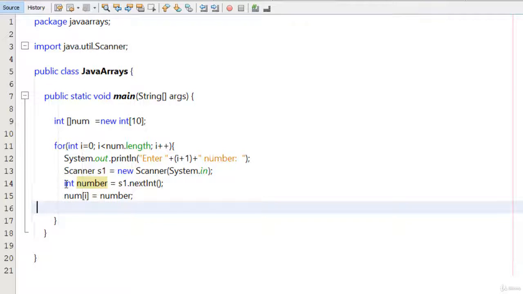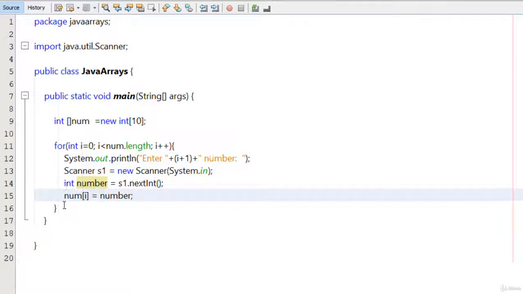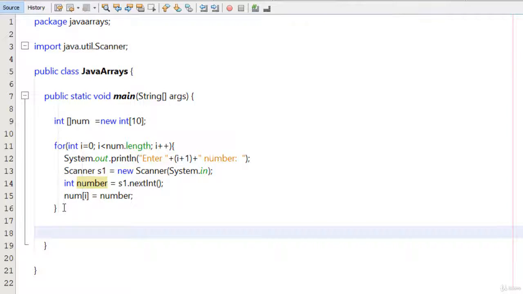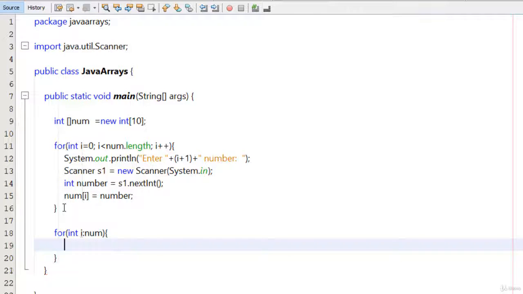Now if I want to print the values of the array, then I use another loop here. This time I use the enhanced for loop or for each loop. So I type here for int i, then the num, which is the name of the array. Then I print here System.out.println, and I print here i. Okay, so now if I run this program,